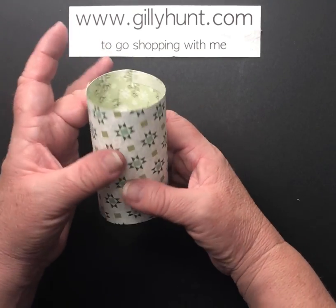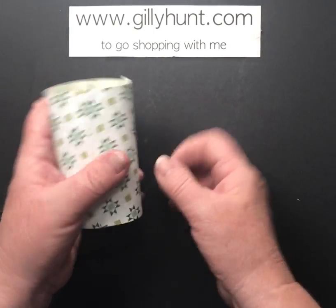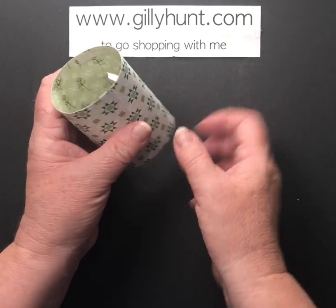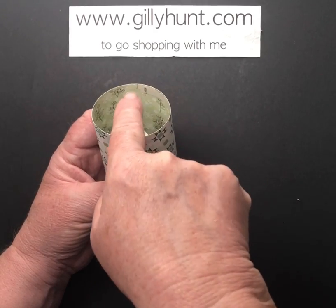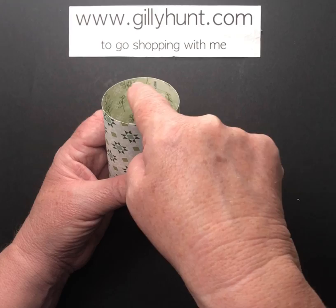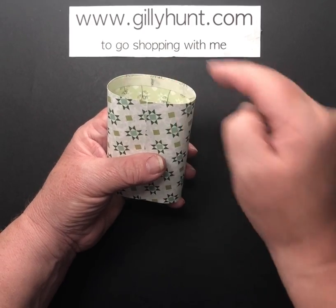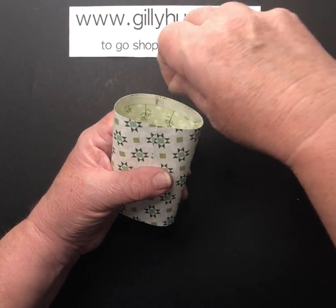Okay, rounded tube. Okay, and now we're going to look at where this central line is, and this is where the 2 pieces have come together, and we're going to look inside and we're going to find out which side, here's where it is, which side has tear tape opposite. Well, this one doesn't, this only has it part way across, it goes to there but it doesn't come here. So we're going to turn it round, and this is the side we need. Can you see all the way across there is a piece of tear tape? So we're going to pull this tear tape off,